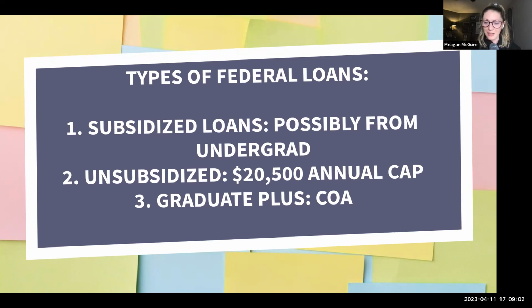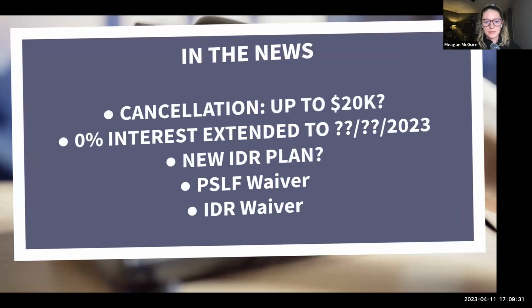Those are things you'll see when you look at your loan file. I want you to have a good idea of why you might have certain loans and why you might have so many. A lot of times folks will have unsubsidized loans and Graduate PLUS loans, two loans each semester. So when they graduate, you'll have a laundry list of loans that you're paying back, and you're wondering, how did this happen? Well, it's because they issue them by semester. But this is a little bit of background to give you some ideas here.